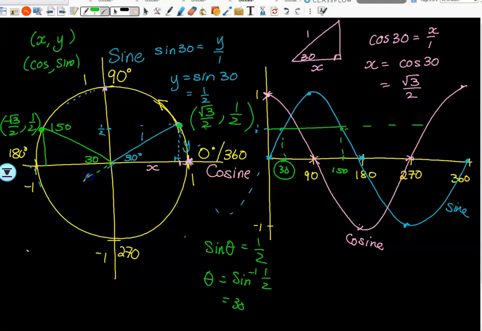You can keep going with this, and you can now go, well, 180 plus 30 is 210, and what would its coordinate be? Still minus root 3 on 2, negative a half. You can do this one as well, correct? Yeah. That's what I'm going to ask you to do for